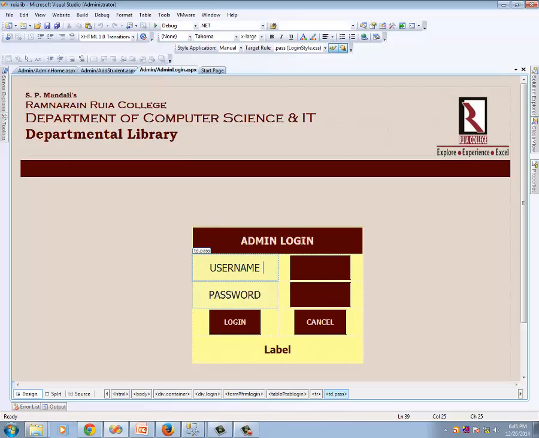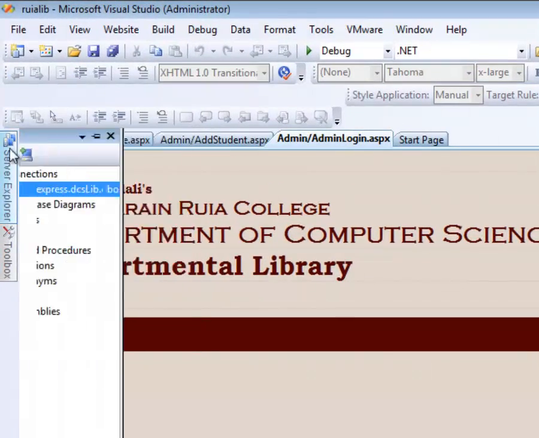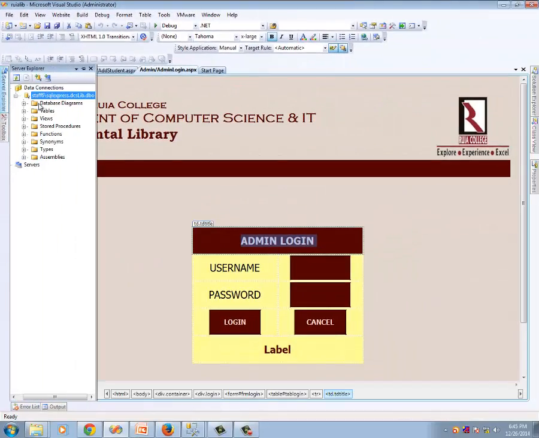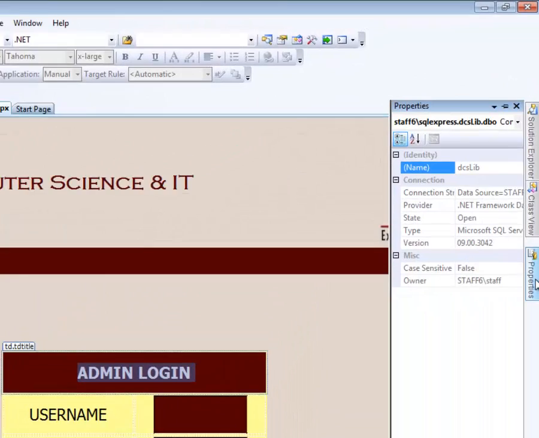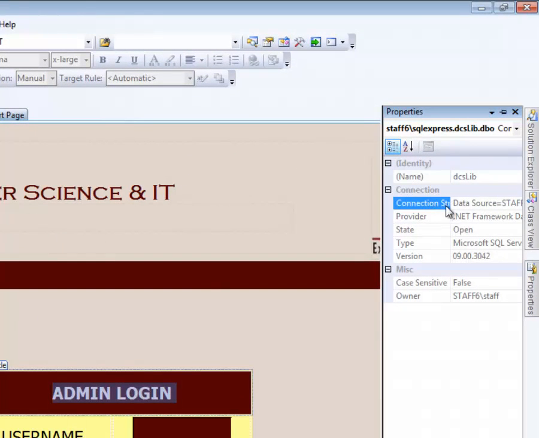connection string. The connection string is the combination of the connection name, the connection string and the provider. Now the connection string can be found from the Server Explorer. You need to just click on the Server Explorer and the database that we attached in our last video. Then in the properties window, you'll see the connection string here. So just copy this connection string,